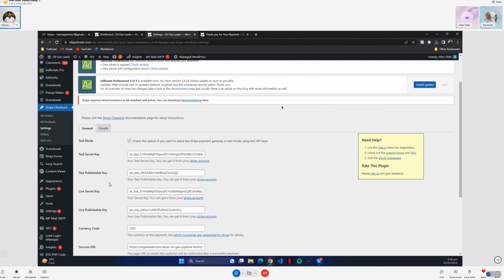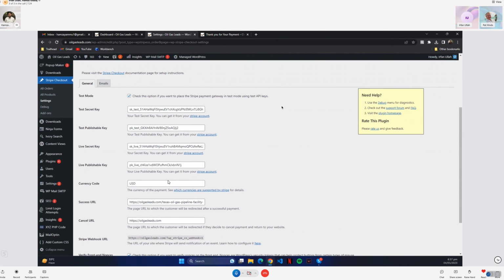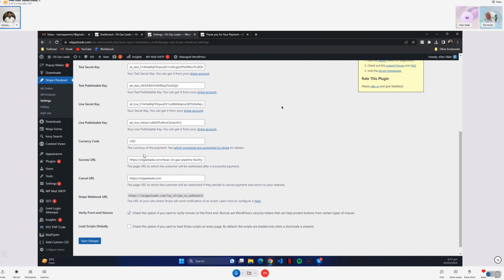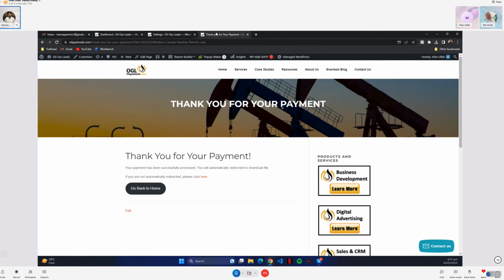See, these are some keys, like API keys, which you are going to use to perform your Stripe gateway, because there are webhooks, and once the payment is successful, they are called on the success URL. As you can see, this is on test mode right now, and this is your test secret key, test publishable key, live secret key, live publishable key. These are the keys that are linked to your Stripe account. I had your Stripe account set up on this plugin. So these are success URLs, whatever these are. Okay, so going back to that page again,